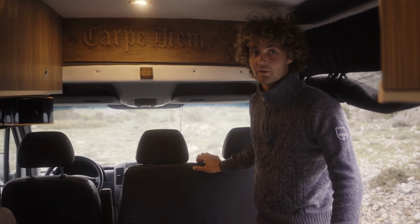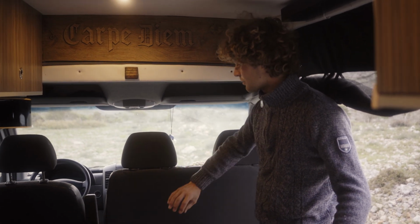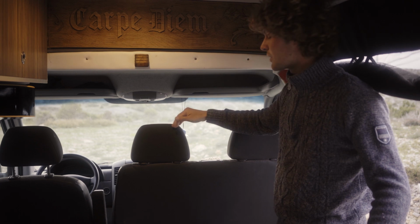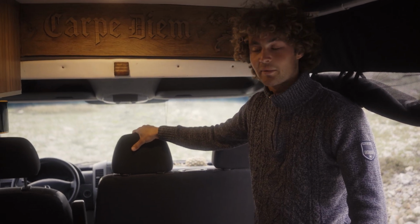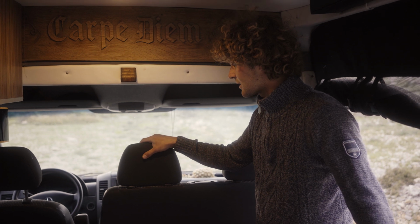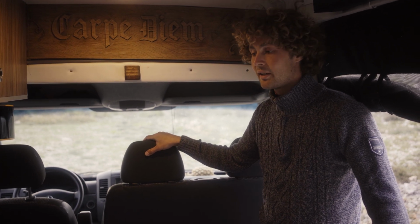And one more thing that's worth mentioning is when you turn around the seat like this, you bolt the bolts back in and you put this thing up. When you look into the cabin from the front, you wouldn't think that it is a camper van per se, because this curtain just looks super neutral and gray from the front. So it's adding a bit of stealth, and it's also nice regarding security, because say there's